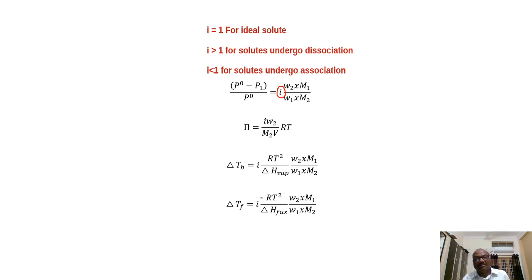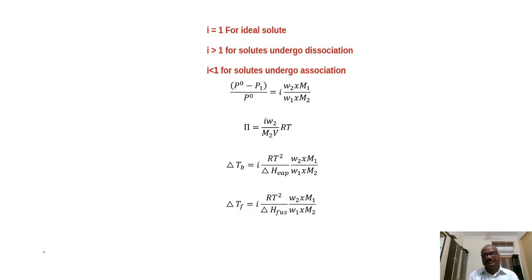So I have to introduce the term of what? i in each and every formula, so that with the help of this we can calculate the normal molecular mass of the solute, even though we observed the abnormal molecular masses by experiments. Okay, so in case of this, delta Tf and M2, how are they related here? Delta Tf and molecular mass are inversely proportional. So delta Tf is equal to i into this formula part.